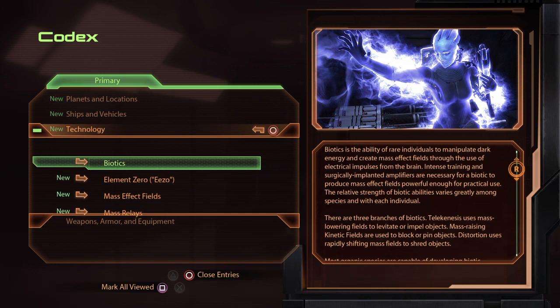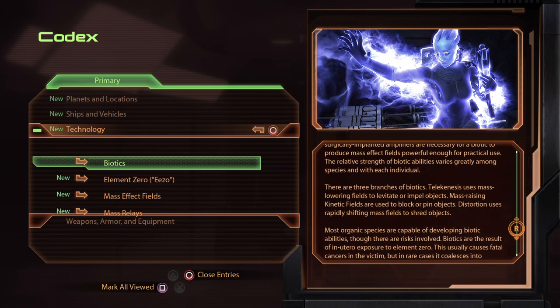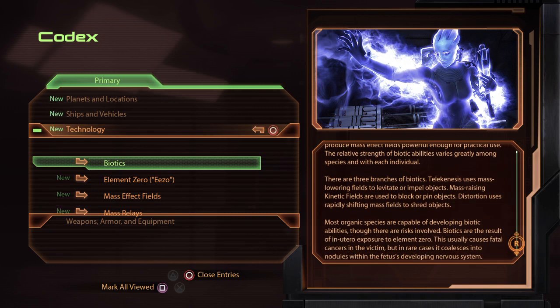Biotics is the ability of rare individuals to manipulate dark energy and create mass effect fields through the use of electrical impulses from the brain. Intense training and surgically implanted amplifiers are necessary for a biotic to...